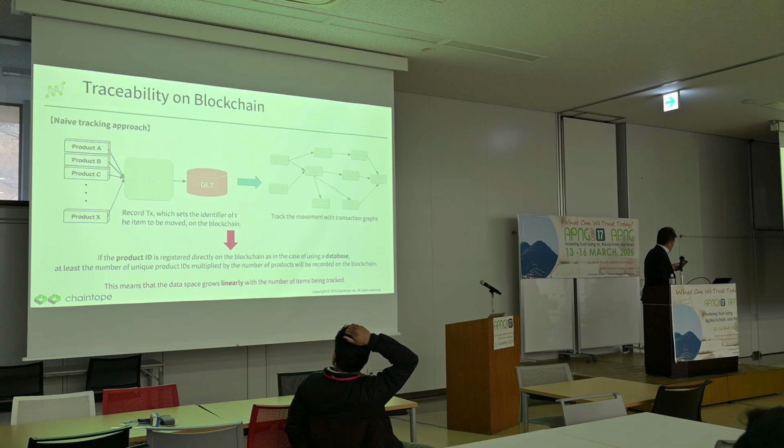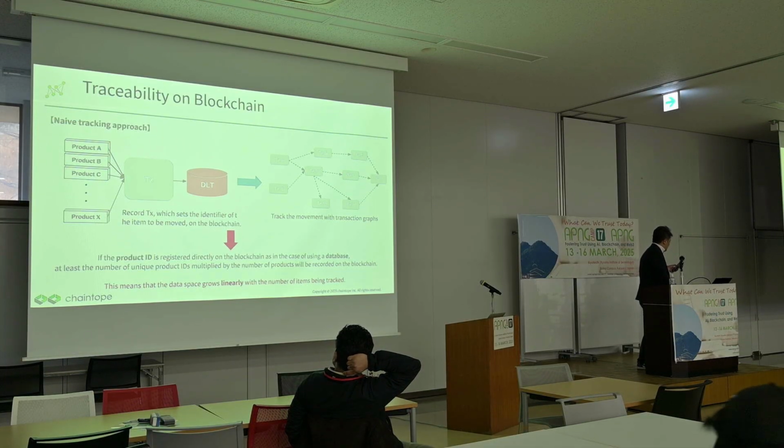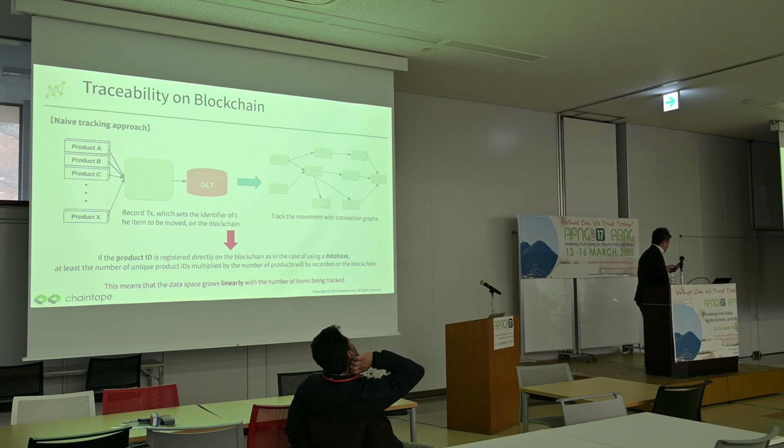A Bitcoin transaction has inputs and outputs and sends the input coin to the output destination. So in a Tapir transaction, which has the same structure, movement can be expressed by having the input represent the from, and the output represent the to. This means the transaction graph on the blockchain becomes a trace graph.